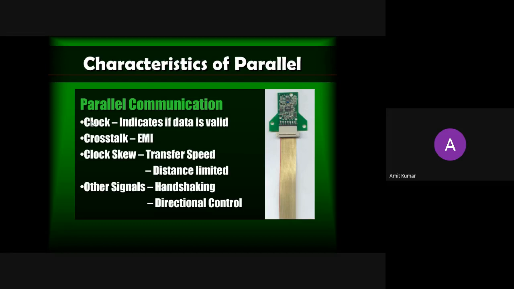Now the second problem is crosstalk. What do you mean by crosstalk? That means two parallel wires are running and they are separated by some dielectric material. It can be space or air, it can be a plastic material or any other material. If two wires are separated by some dielectric material, then it will behave like a capacitor. Although we have not made a capacitor over there, the capacitance is present, along with resistance.